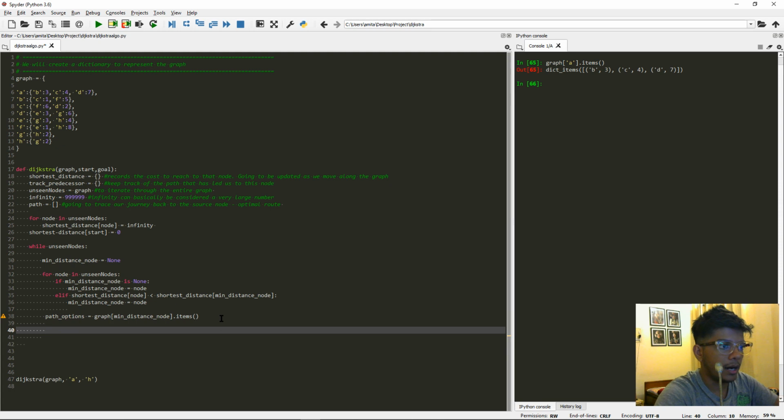And now, all that we have done so far is the calm before the storm, basically. Now we have to actually write the central, integral part of the algorithm, which is telling us when we are supposed to update the cost of a particular node. So we're going to say for child node, and weight, in path options,